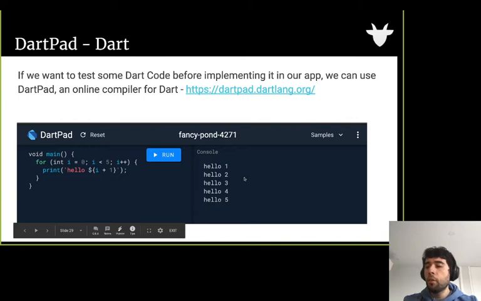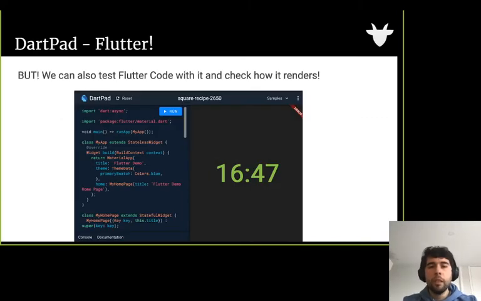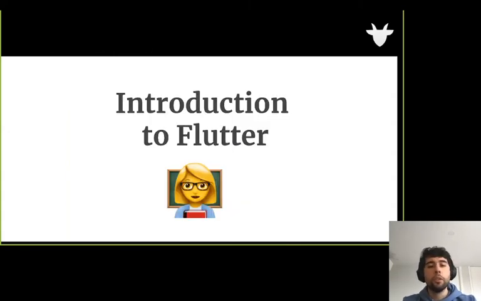All good, but what if I also want to try Flutter? Well, two years ago they added this functionality, and now if I want to test simple Flutter apps, I can just paste it all in here, run it, and it will show the output on the right. Now that we have gone through the simple steps of Dart, I did not cover things like conditionals or for loops because they are very similar to other languages like JavaScript, Java, Swift, etc. And with all that done, I'm going to do a quick introduction to Flutter.